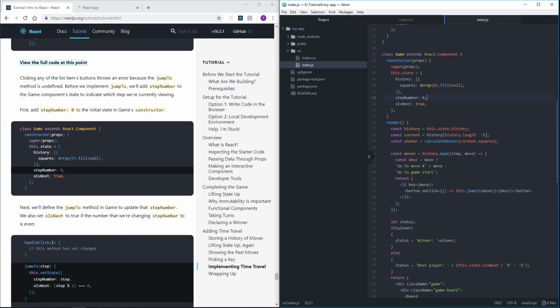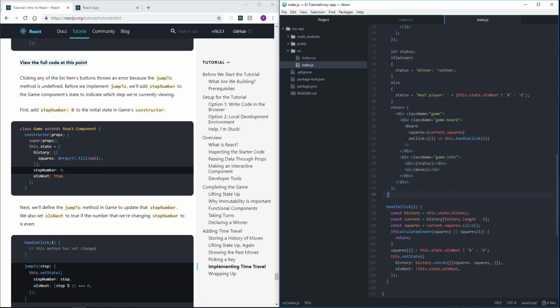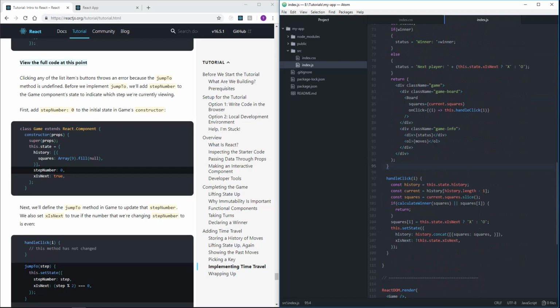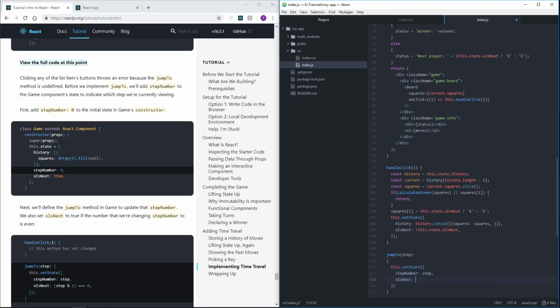Next, we'll define jumpTo method in game to update the step number. So they're doing it right after handleClick, so we'll do it same place just so we don't get confused. jumpTo(step), this.setState, stepNumber: step, comma, xIsNext: (step % 2) === 0,